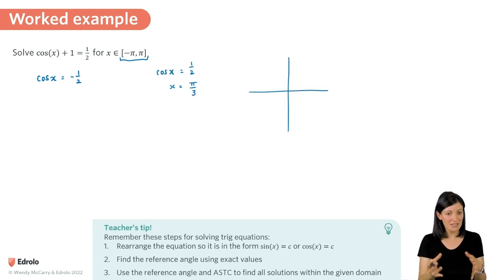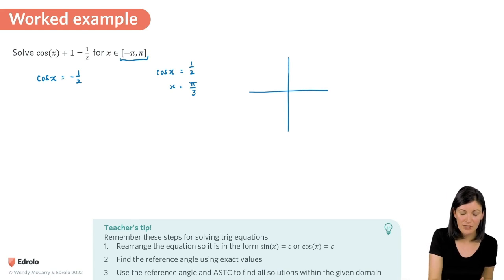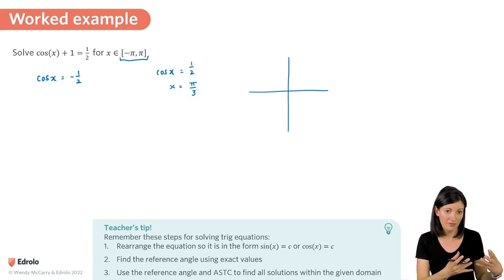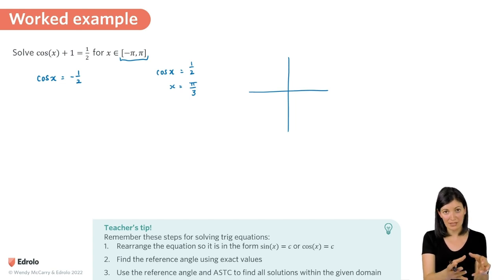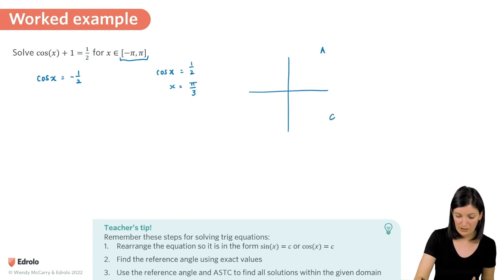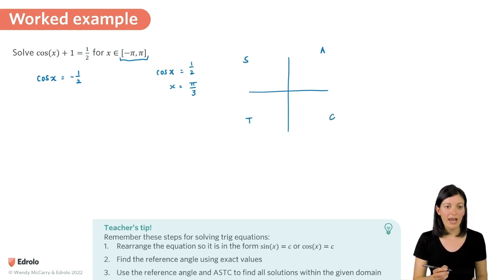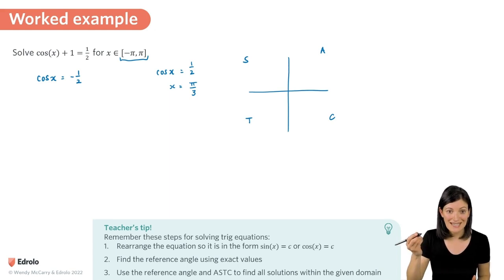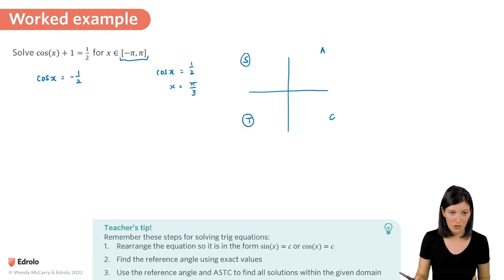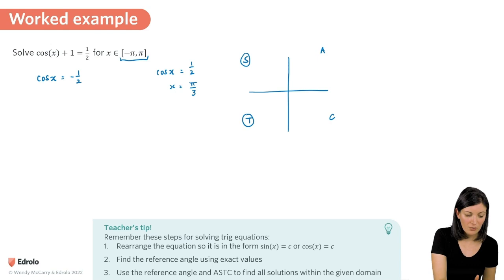Okay, pi on 3 isn't a solution because we're not looking for where cos of x is equal to 1/2. We're looking at where it's equal to -1/2. We're just using that pi on 3 as our base angle, but I would encourage you to write that part down because that's usually what the examiners are looking for as your first mark when you're solving these equations. Okay, so let me write in my acronym here, and I'm looking for where cos now is negative. Cos is negative in this quadrant and in this quadrant, and I'm also looking within this domain,